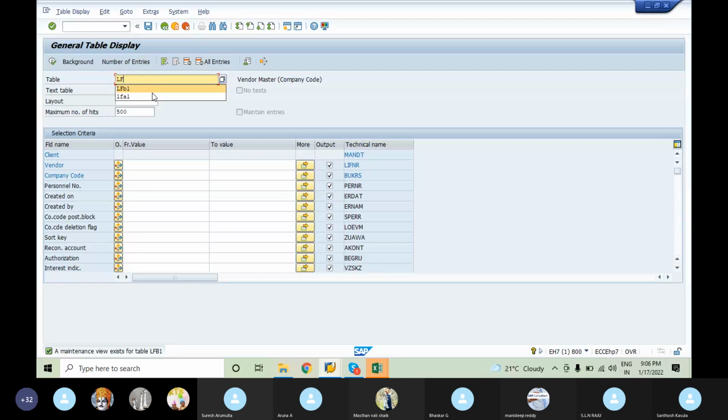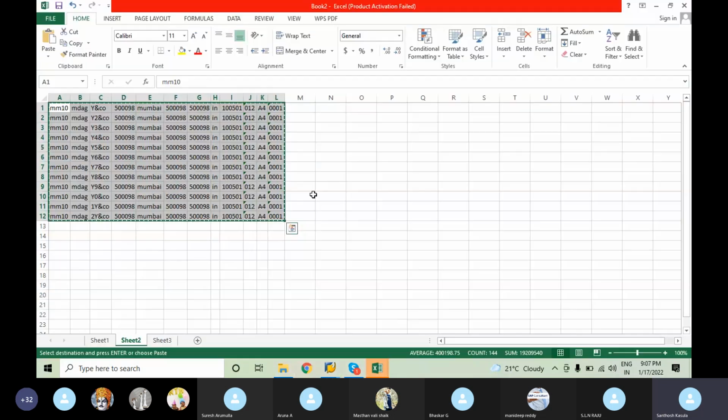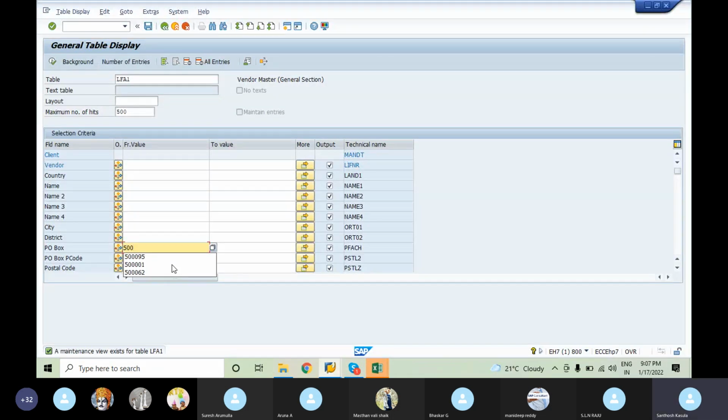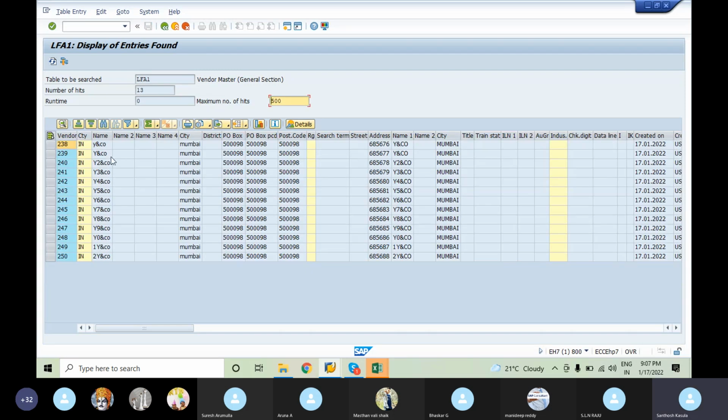I have given the post box as Filex 98, right? So I will go with 98 and execute. If you can see the data here, whatever vendors we created, Y and Co, Y2, Y3, everything we have pasted here. So this means that we have migrated the data from legacy to SAP.